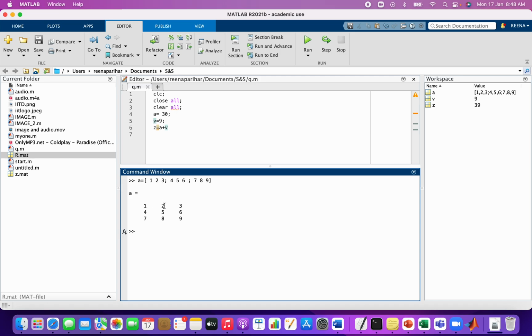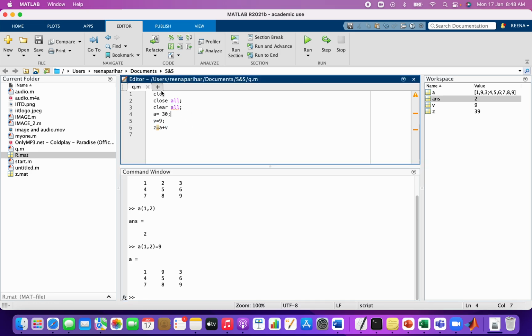So it's present in the first row, second column. So I'll write first row, second column. See, it will extract the value present in the first row, second column, so 2. If you want to replace it with some other value, you can write first row, second column with a value 9. Yeah. So see, the second element gets replaced by the 9. So this is just a fun way to do it, see how things work.